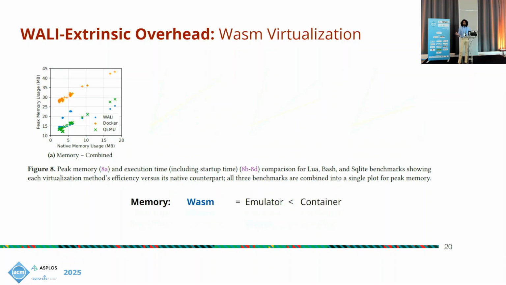But using Wally, as opposed to the intrinsic overhead, also has this extrinsic overhead, which is: what is the overhead of using WASM virtualization itself? Because this matters for people who want to consider WASM over something like containers. And so what we see as of today is that the memory of WASM is much more efficient than containers, which has been, I think, well studied across literature. But for sake of completeness, we like to include it here as well.